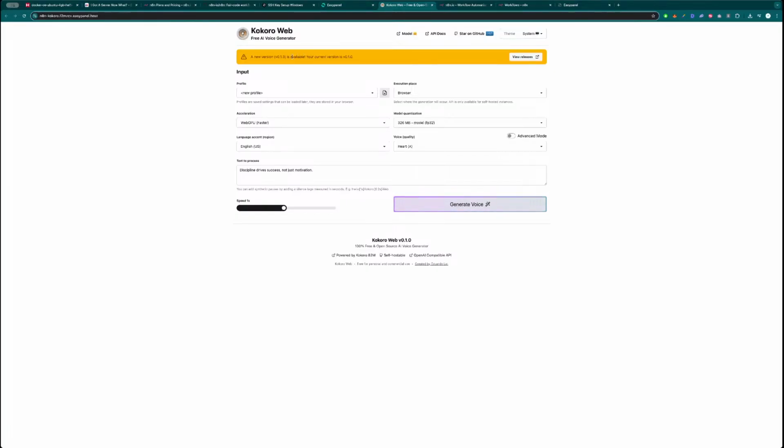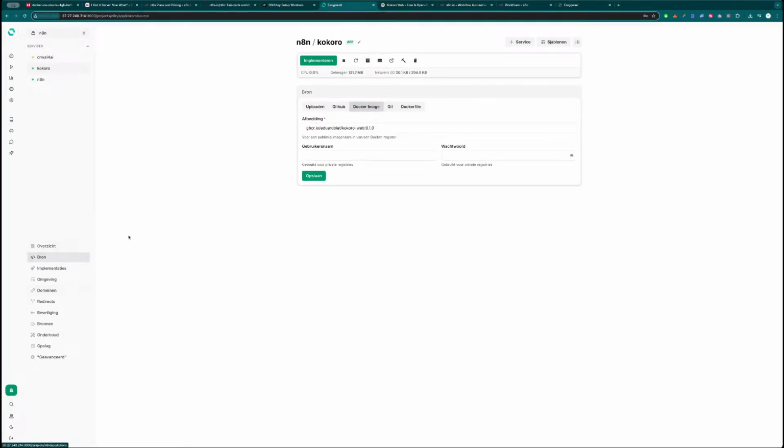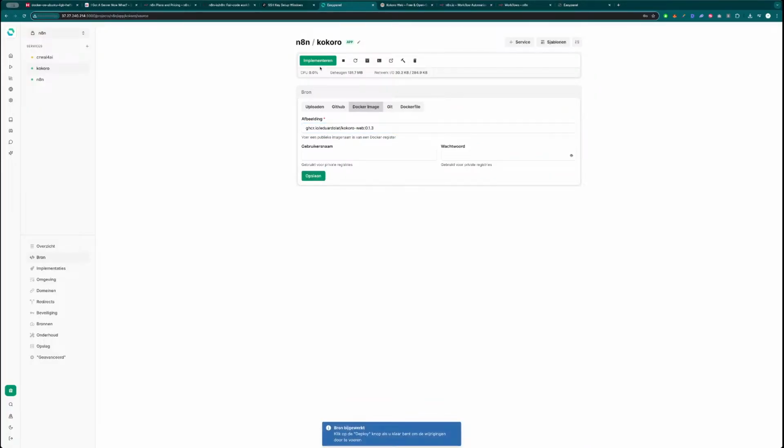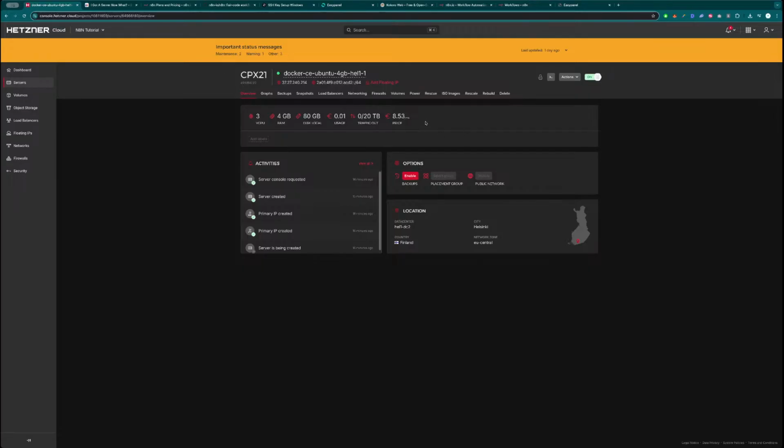This is nice that this is happening, because we can just go and fix it immediately. Just pick the new version, hit save, and in English this is deploy. So just hit the green button, and now we will have the new version of Kokoro, self-hosted on our cheap N8N,